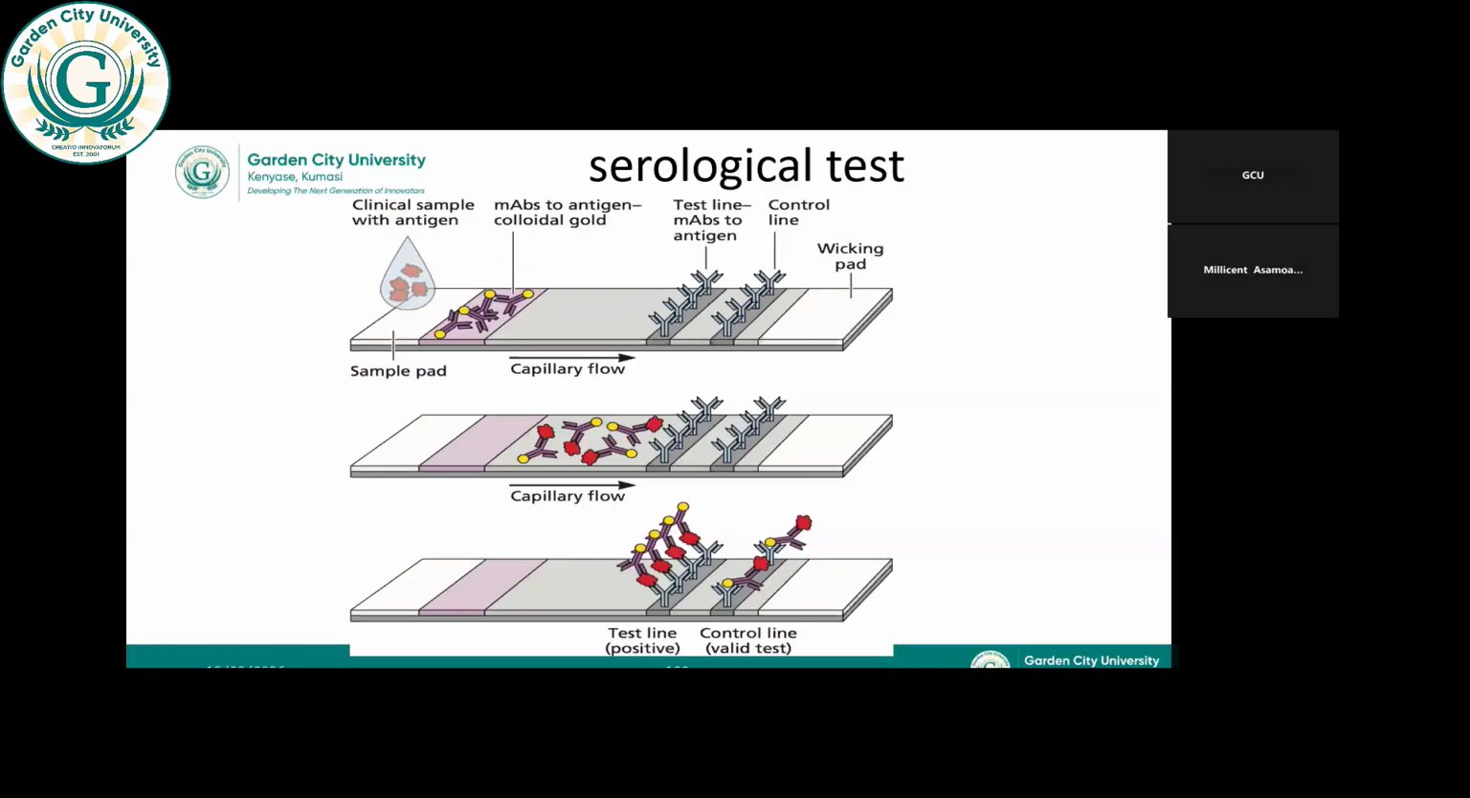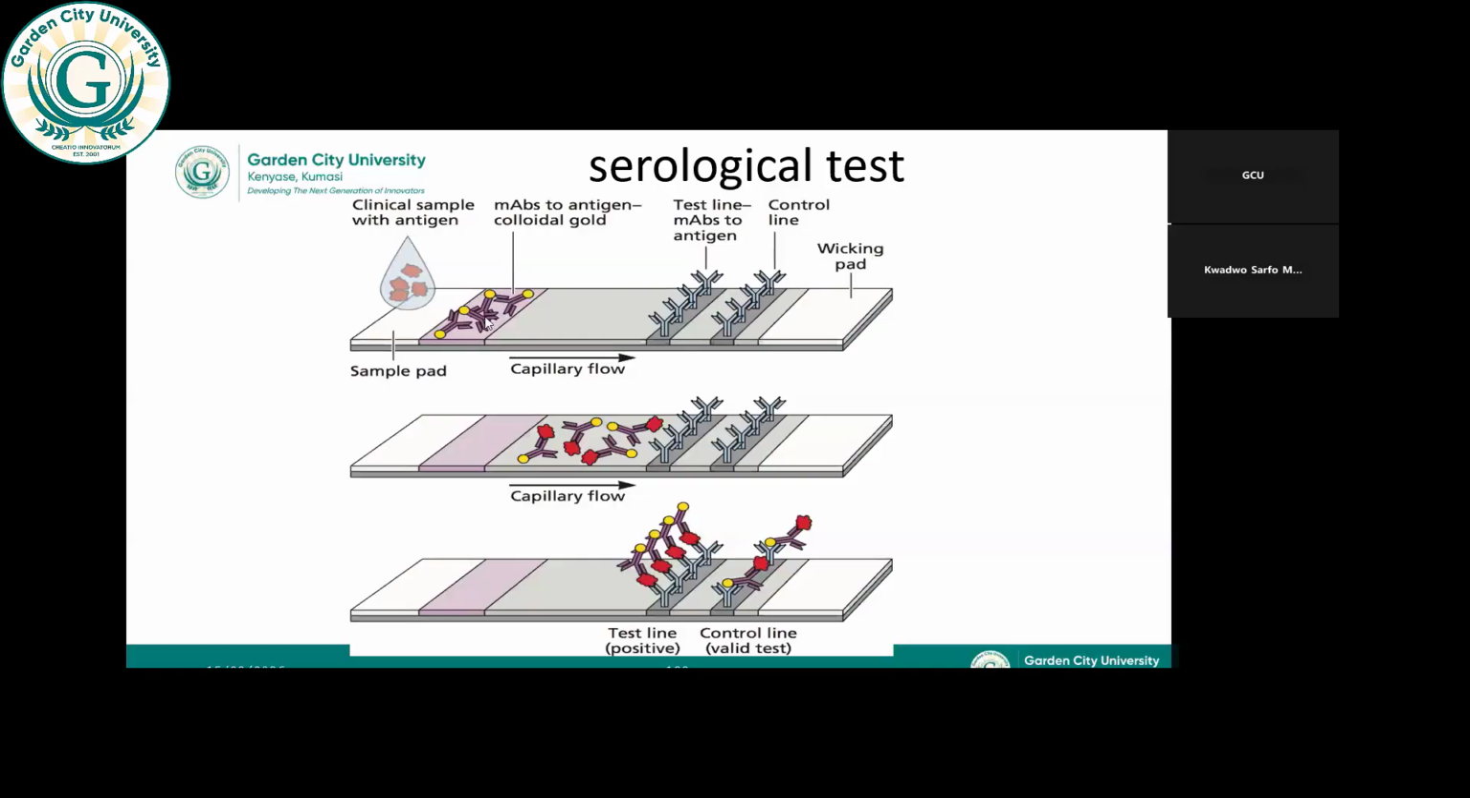So, sir, where is this from? Which one? The antigen colloidal gold, the MABs. Yes. Is it the lab technician that will put it there, or is it the buffer that will be placed on the cassette? Okay, so it's not a lab technician who is going to do this. This is a kit. This is a cassette. The cassette comes pre-coated. This is already pre-coated from the